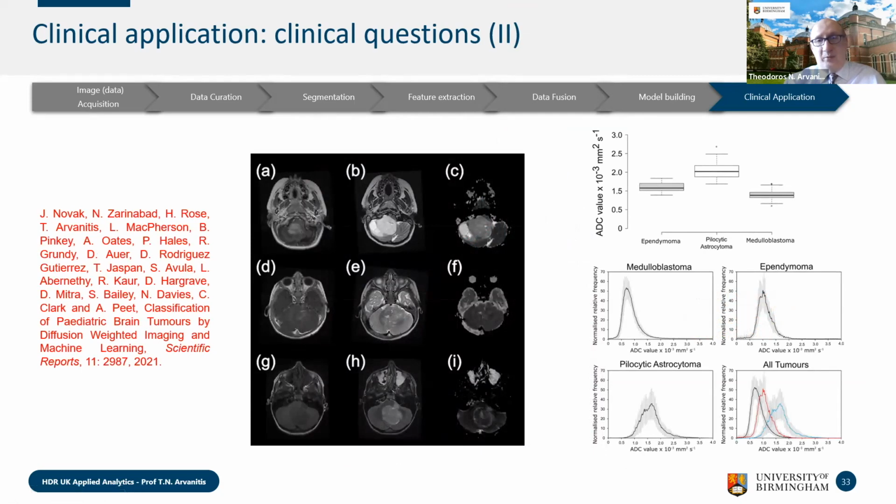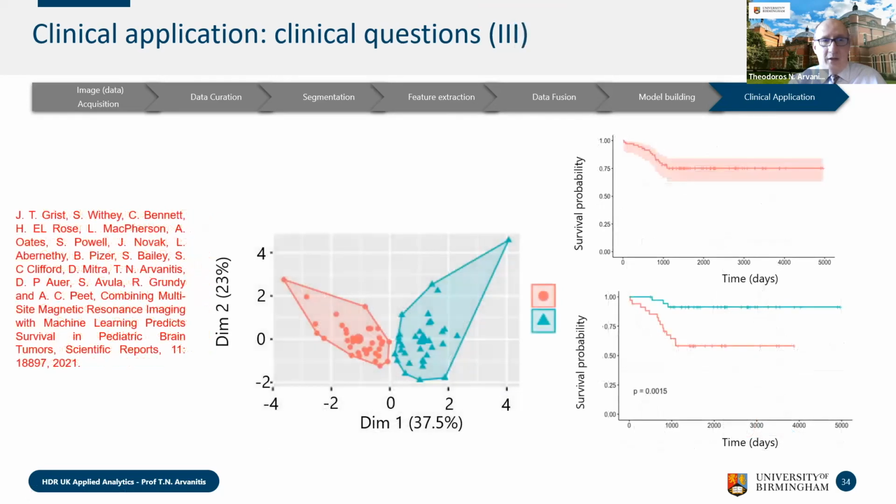This is just the progression of the early work we have done in being able to use these features that allow us to distinguish actually the three different types of tumors by using a particular quantitative feature, which is diffusion coefficients. And in terms of prognosis, in the case of medulloblastomas, we will be able to predict survival in the particular subtypes of medulloblastoma